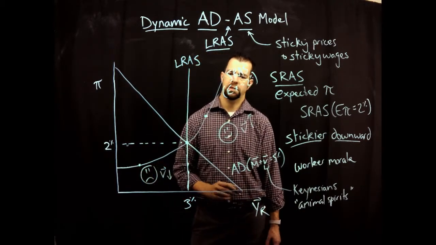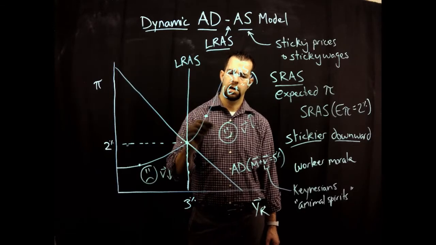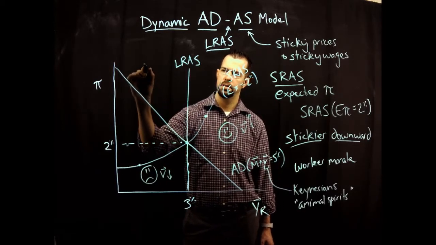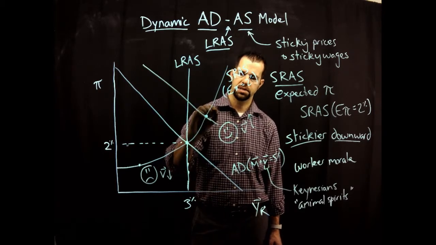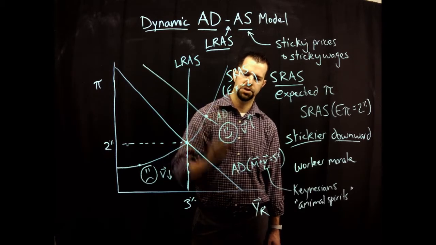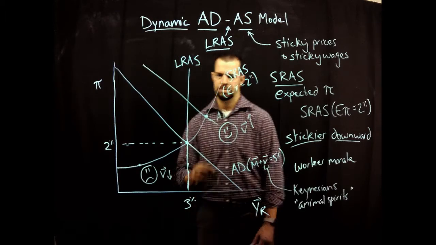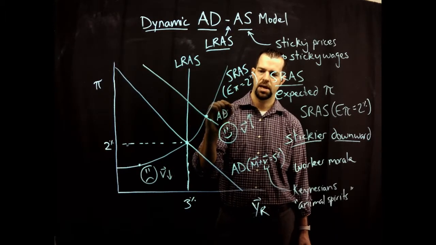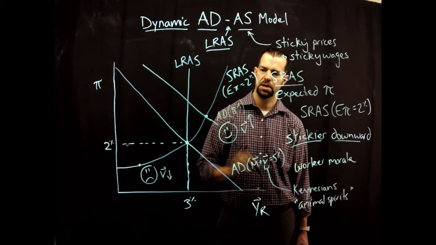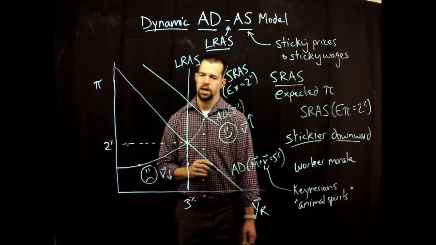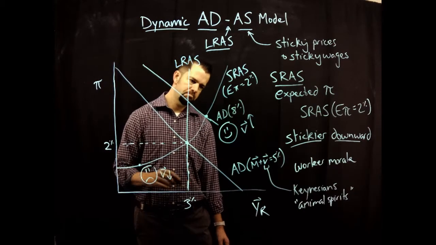And so that would be associated with these positive aggregate demand shocks. Suppose this AD curve is now associated with, say, 8% spending growth rate. And then we have this